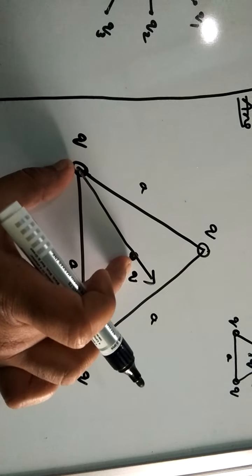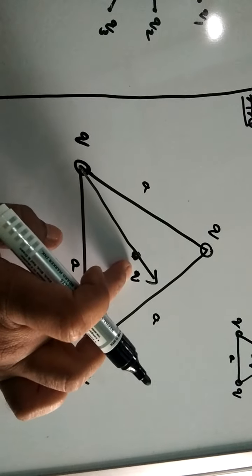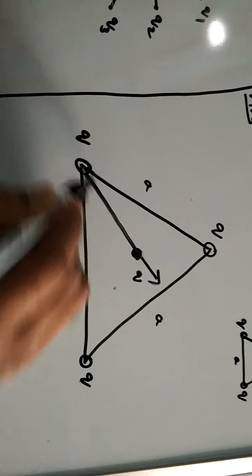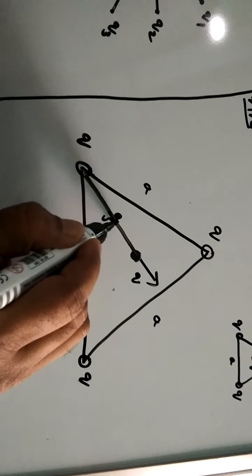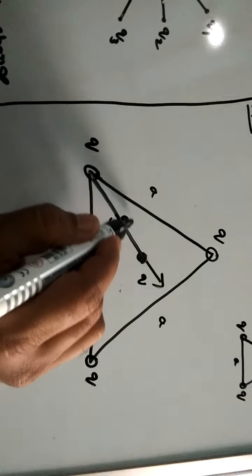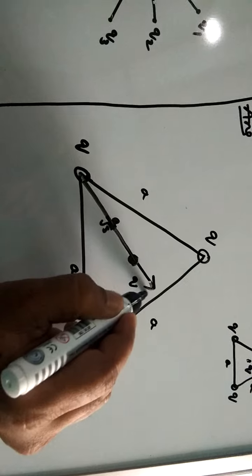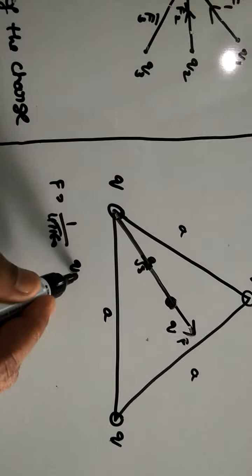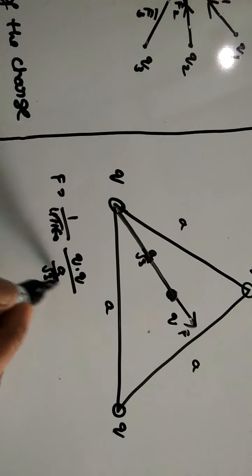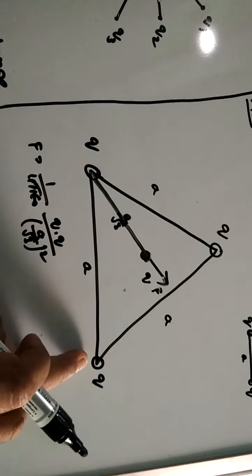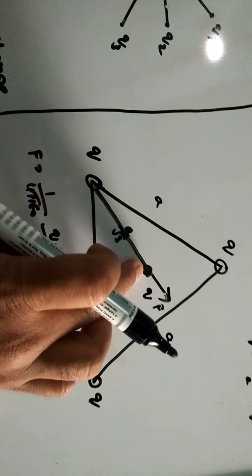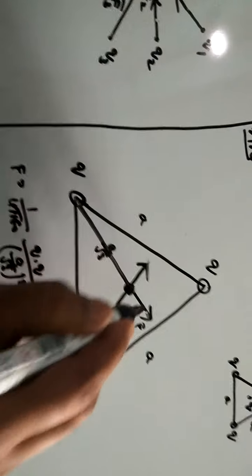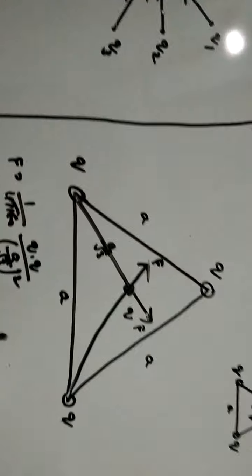What is the value of this force? See, here q and q are the charges. This distance becomes, apply mathematics, you will get a by root 3. Of course the value is not necessary, but you can write a by root 3. And if I write this force as f equal to 1 by 4 pi epsilon naught q into q by distance square, a by root 3 whole square. Similarly, this charge is also giving force on it. It is also giving repulsive force. Like charges, so it is also giving repulsive force. This I am also writing as f.